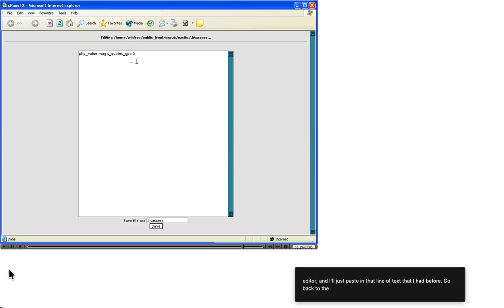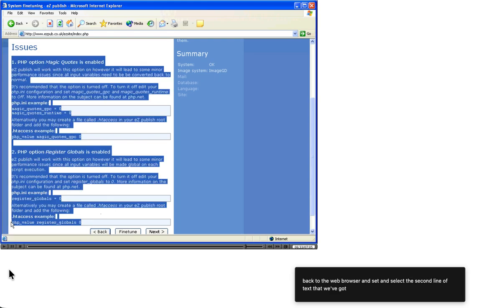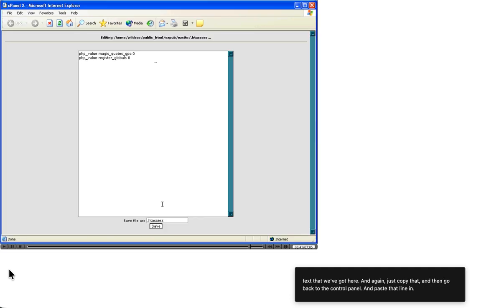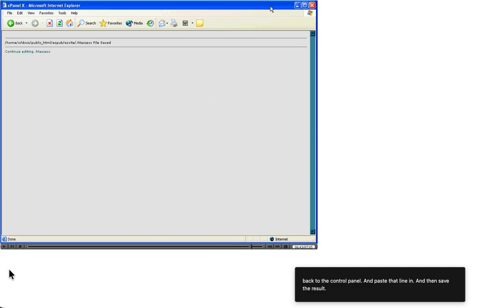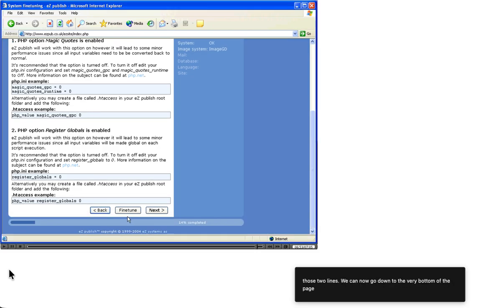Go back to the web browser and select the second line of text that we've got here, and again just copy that, and then go back to the control panel and paste that line in, and then save the result, and then we can close down this window. That's all we need to do. We've now created that htaccess file, we've made sure it's gone into the Easy Site folder, and we've just pasted in those two lines. We can now go down to the very bottom of the page and click on Fine Tune,